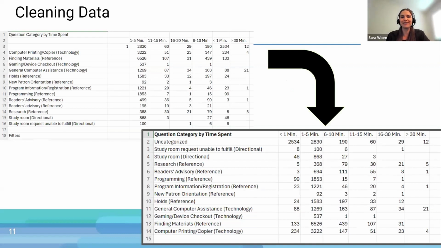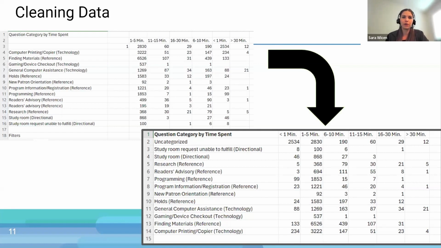So a few things that I started with to clean this data included removing the column that just has a 1 in it, once I verified that that's not a relevant column. And also, you'll notice that the time frames for the time spent answering questions across the top are not in the correct order.